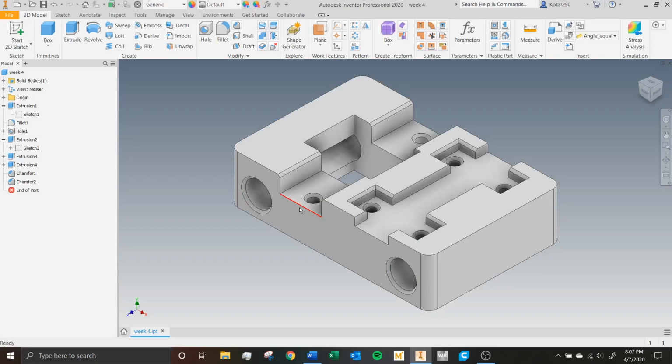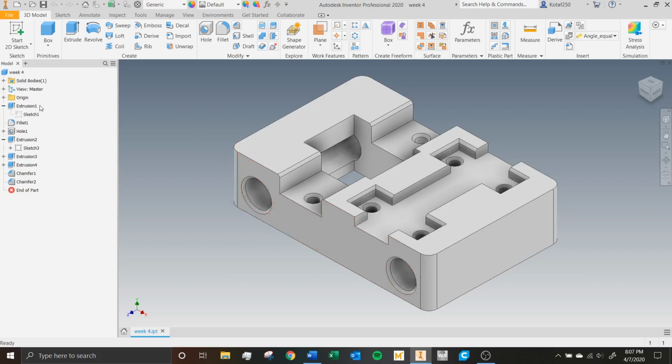Again, this is not one of the components on your assignment. This is just something I made up. This is actually the print head carrier for my 3D printer. I'm designing a new one. So one of the things we're going to be going over today is the datum planes, axes, and the center